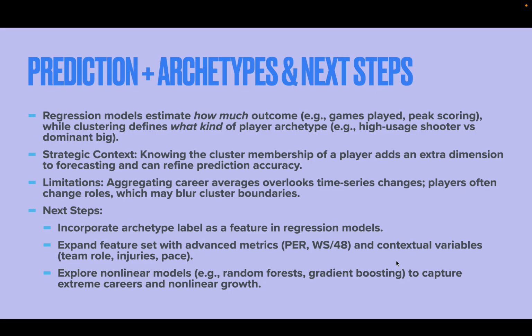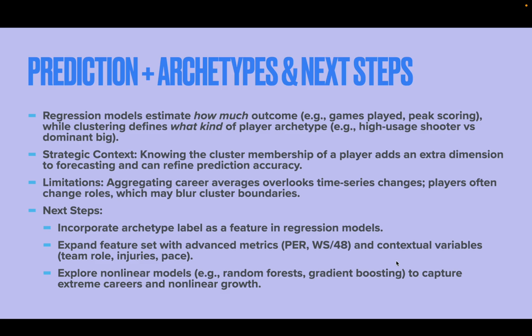Prediction plus archetypes and next steps. The regression models estimate how much outcome, so games played, peak scoring, while clustering defines what kind of player they are, so high usage shooter or dominant big man. Strategic context: knowing the cluster membership of a player adds an extra dimension of forecasting and can help refine prediction accuracy. Going forward, that's something I would actually add to the linear regression. Limitations here: aggregating career averages